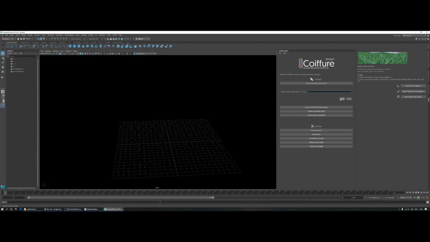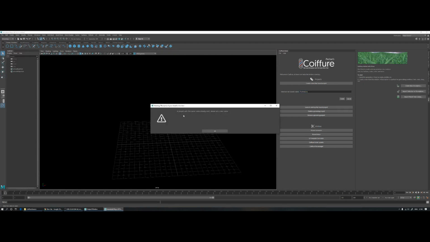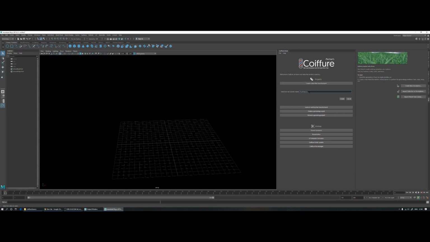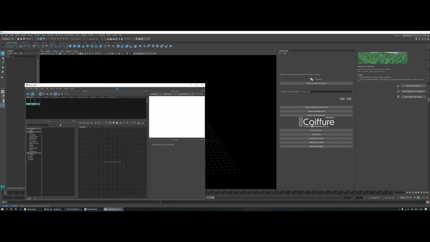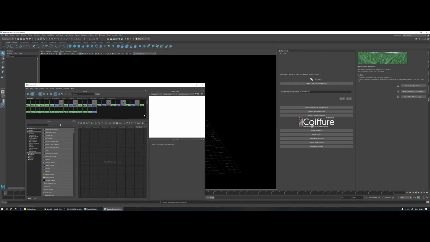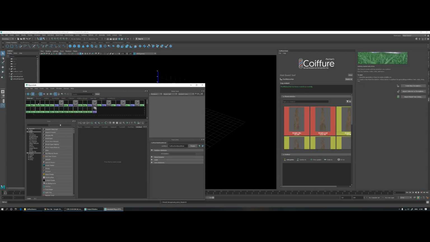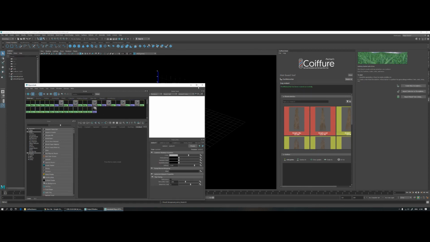A project with the same name already exists, so I'm gonna go in here and give some different name. It's just created all the shaders for us for the hair, and we're gonna close